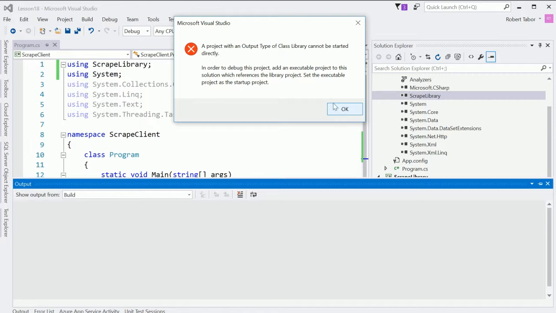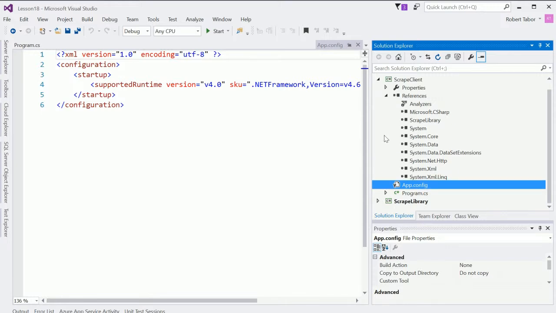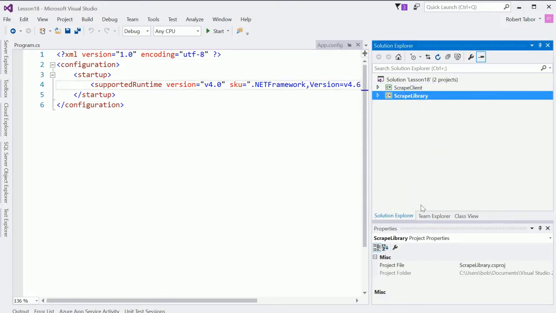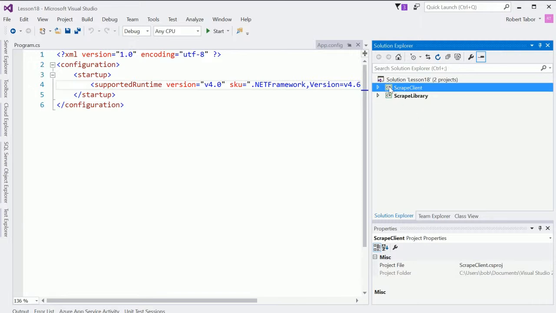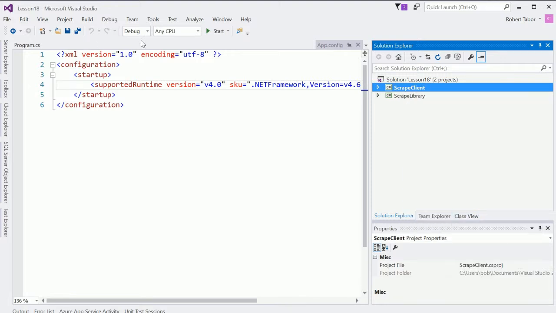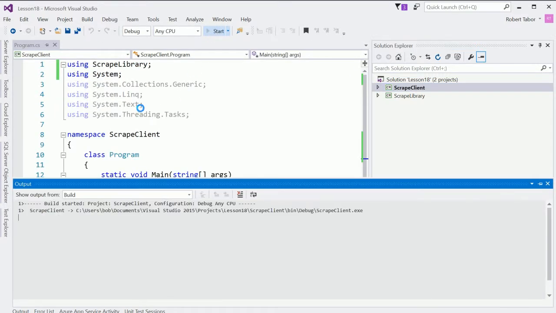Whoops. And it says a project with an output type of class library cannot be started directly. All right, why do you suppose that happened? Well, because there are actually 2 projects now in my solution, and you can't execute a library, correct? So what we need to do is right-click on the client project and select Set as Startup Project. And now, let's go ahead and close that. When we attempt to run the application,